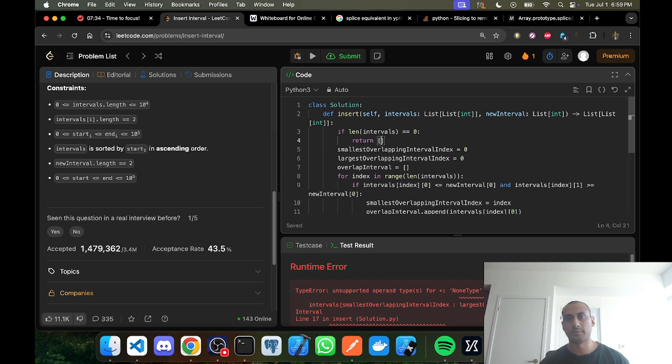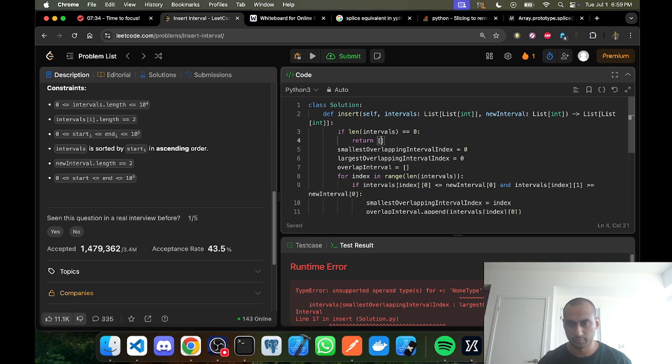So if the last index .1 is less than, so if the last index second element is less than the first element of intervals